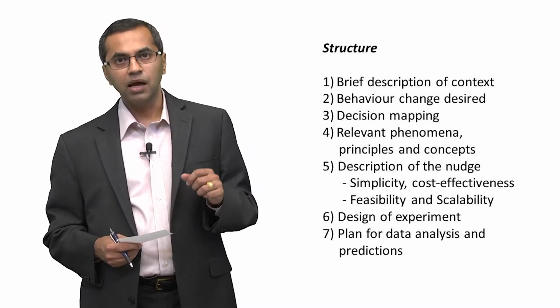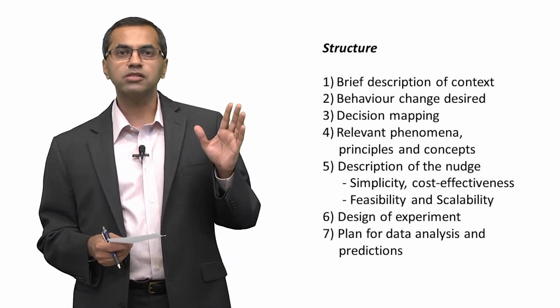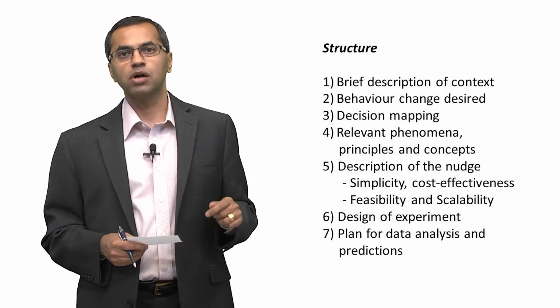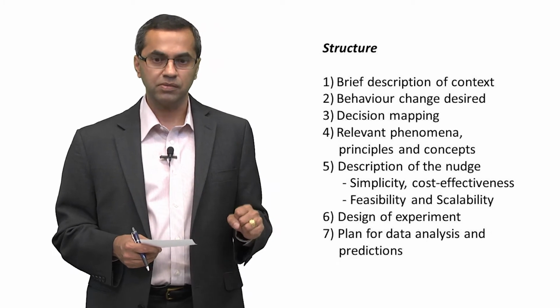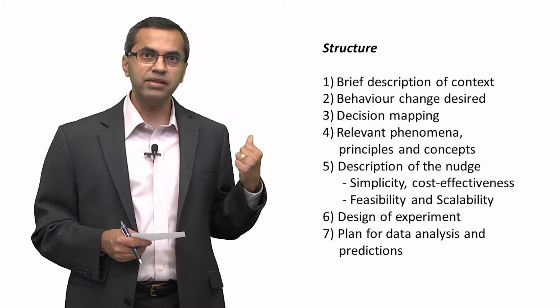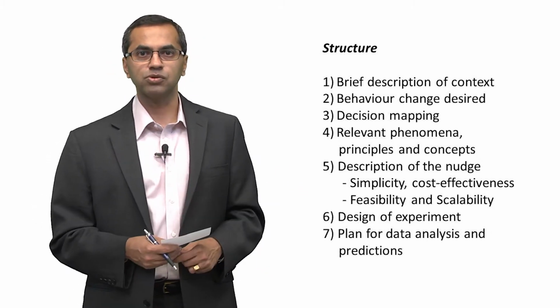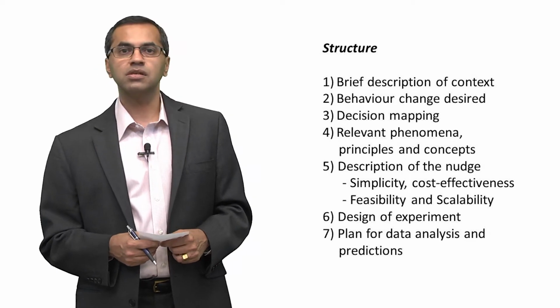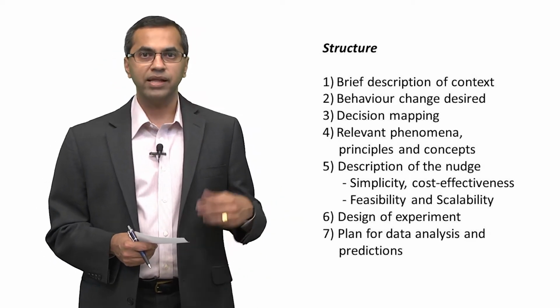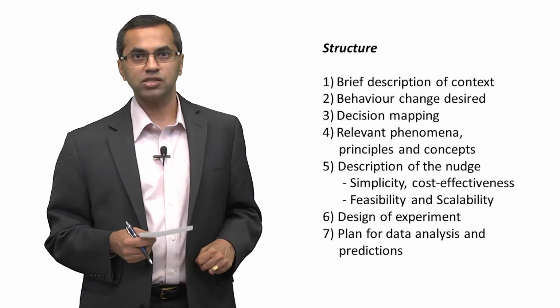Second, briefly think through the behavior change and articulate the specific behavior that you want to change as a result of the nudge. Third, map the decision-making process much like we did in the examples in the guide to nudging. Think through the different stages that people go through. Think about the various frictions, think about the bottlenecks, and then identify nudges that would actually help you address those